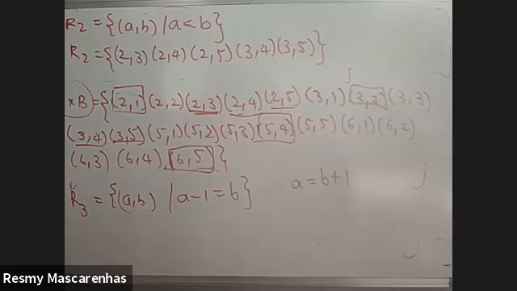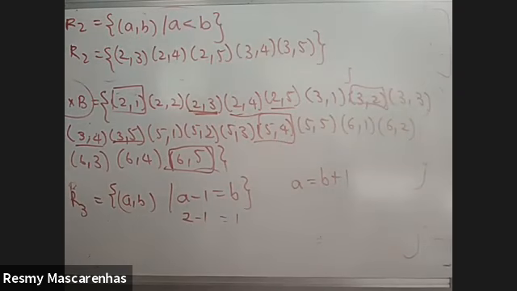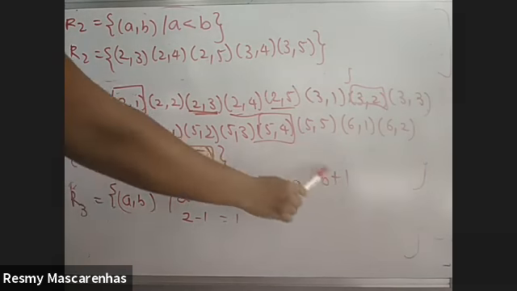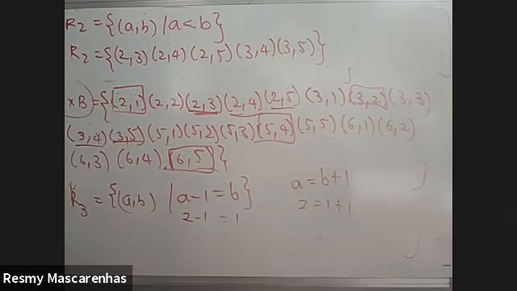Okay. So A has to be 1 greater than B. Or in short, put the value of A as 2, and minus 1 from that and see. It should be equal to 1. So that is the pair. Same way, if you minus 1 from 3, you will get 2. Or the other way around, add 1: 1 plus 1 will give you 2, which will be equal to A. So accordingly, you have to find a relation.